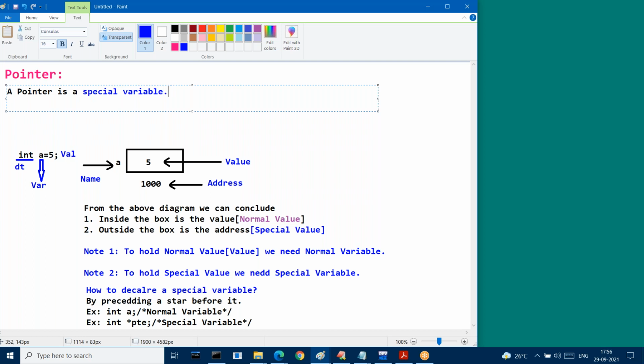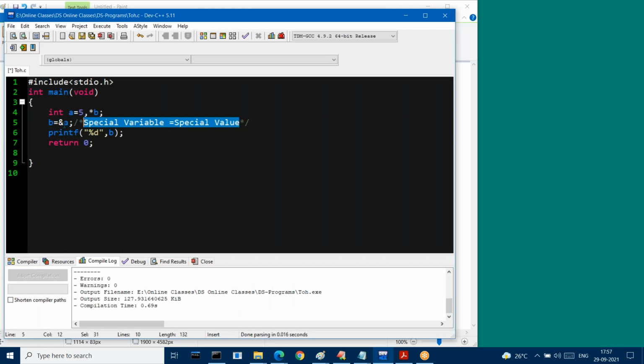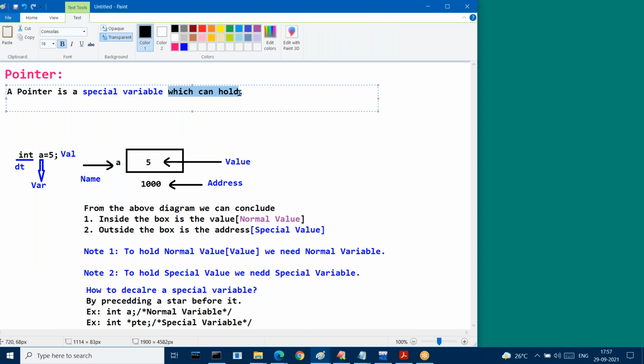Are you going to give a full stop? No, sir. Why special? Why is he special? A pointer is a special variable which can hold. Now you are telling why special, which can hold. Check it out. What is he holding? Is he holding the value or the address? No, sir. Address, which can hold